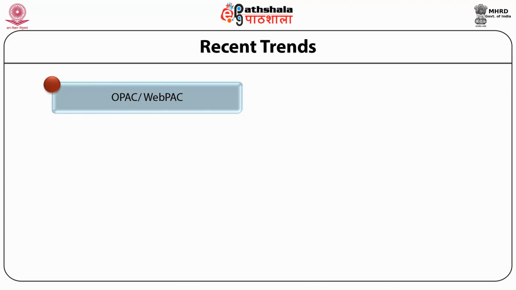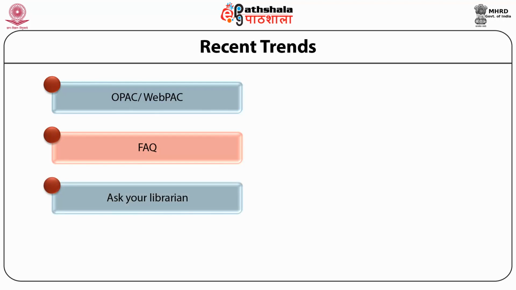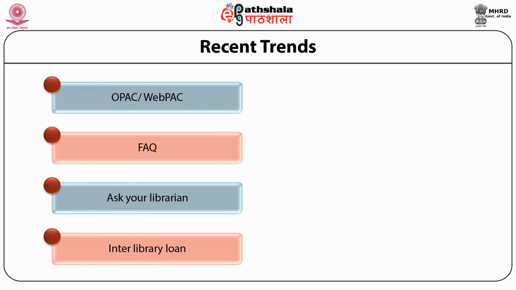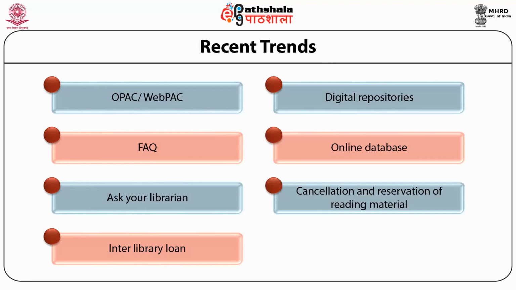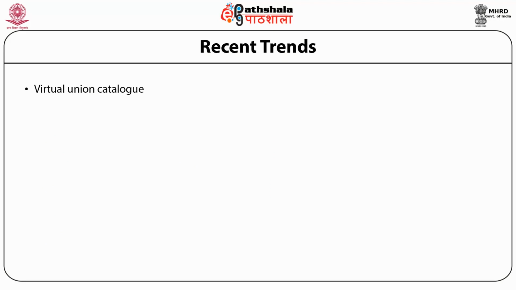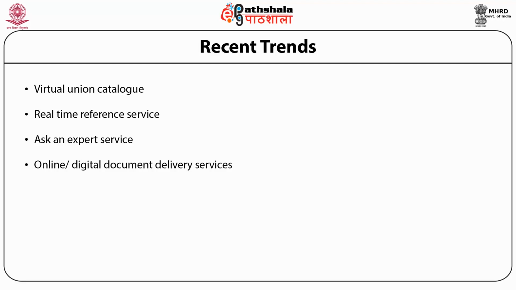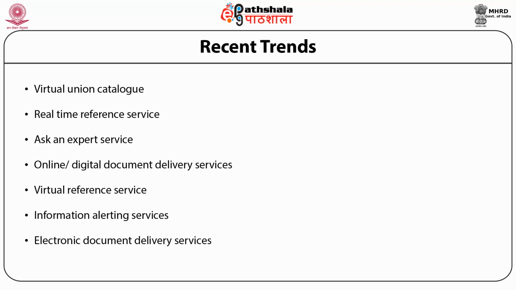Nowadays, library and information professionals have designed and opted new products and services for their users. These are as follows: online public access catalog and web OPAC, frequently asked questions FAQ, ask your librarian, interlibrary loan, digital repositories, online database, cancellation and reservation of reading material, new arrivals, virtual union catalog, real-time reference service, ask an expert service, online and digital document delivery services, virtual reference service, information alerting services, electronic document delivery services, library